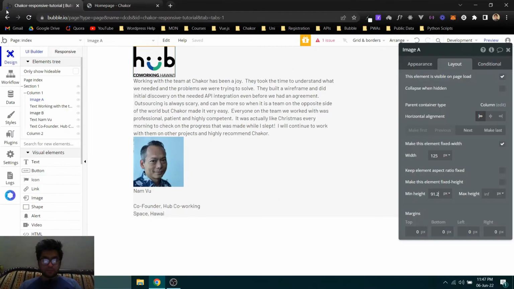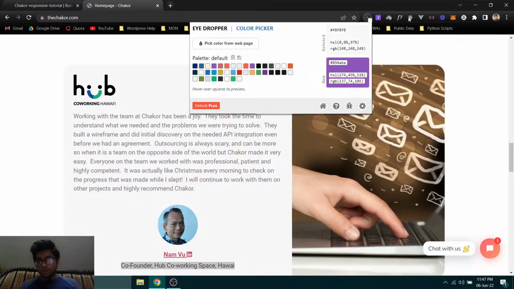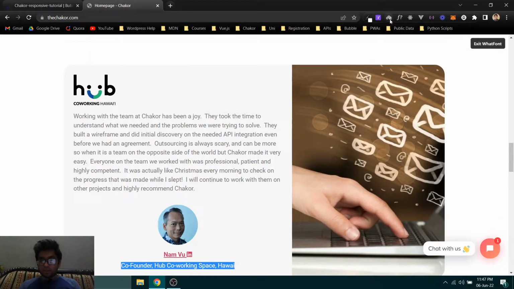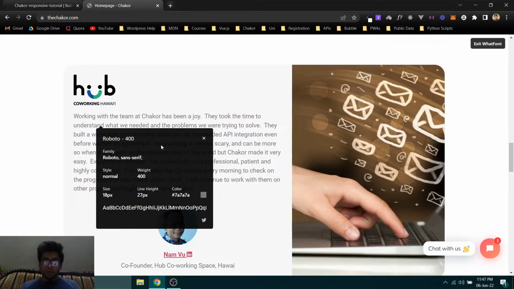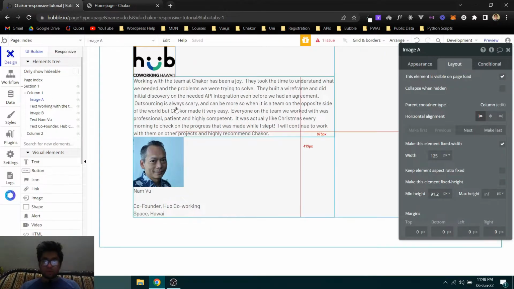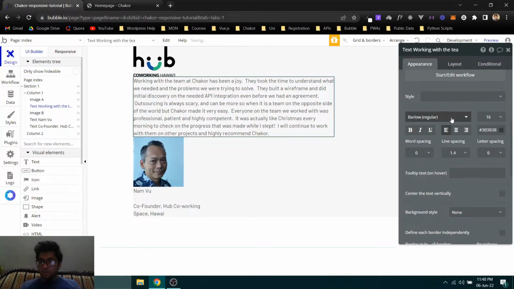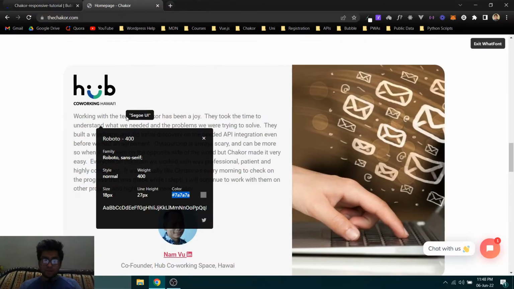And then I'll be using another extension. I've used this extension first to pick the colors, and then I picked this extension to pick the font. So if I click on this font and select this text, it will give me the hex code for this color. So if I click on this color and try to make it exactly that color,